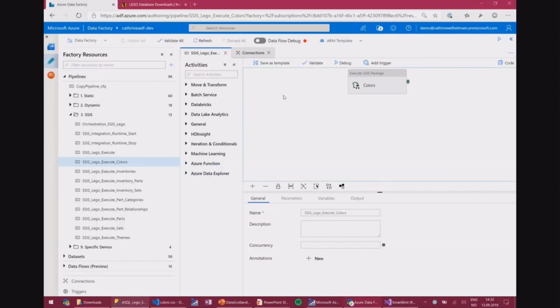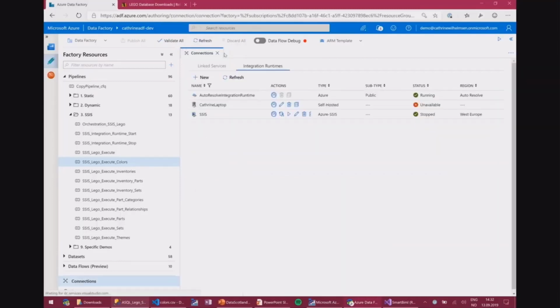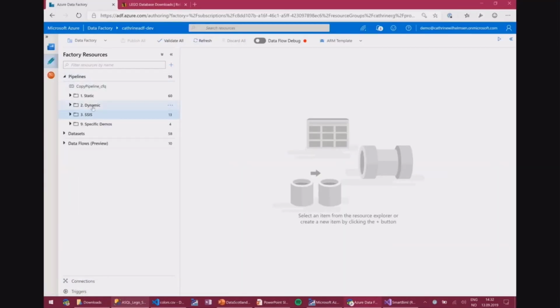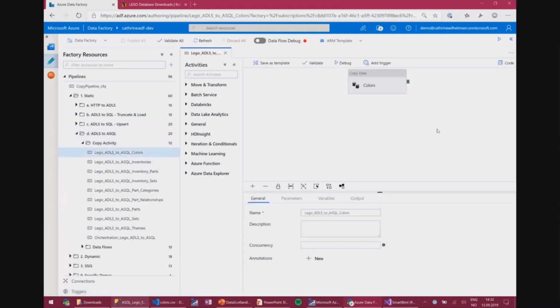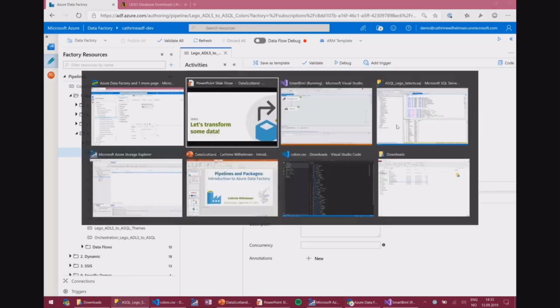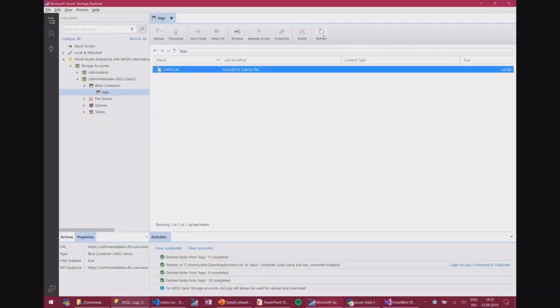So hopping back into Azure Data Factory, I'm going to close this out for now. I have many demos in here, by the way, so if you ever want to see any other type of demos, come and talk to me afterwards. For the final step, we loaded all the files from the Lego web service into my Azure Data Lake storage. I just want to double check if those were actually loaded. Yep, we have all our files in here.